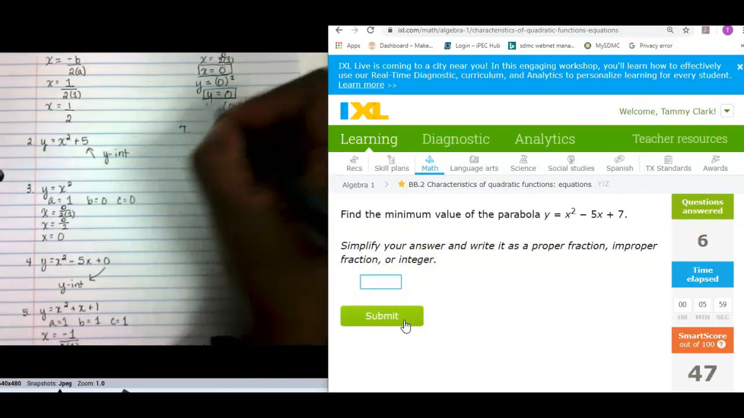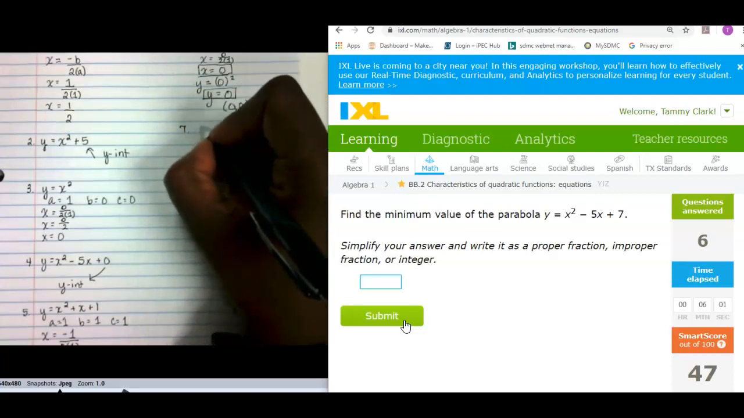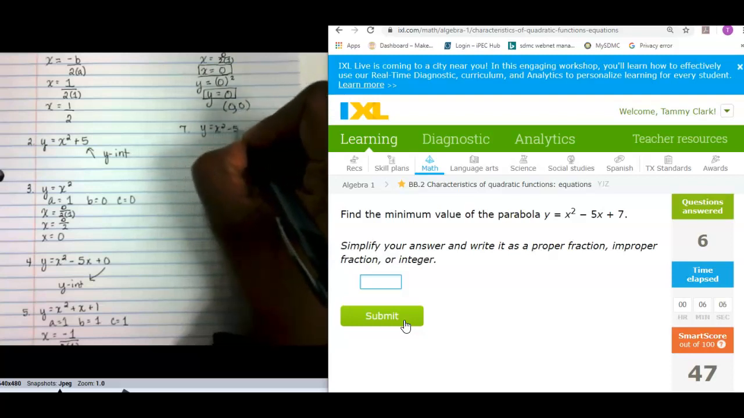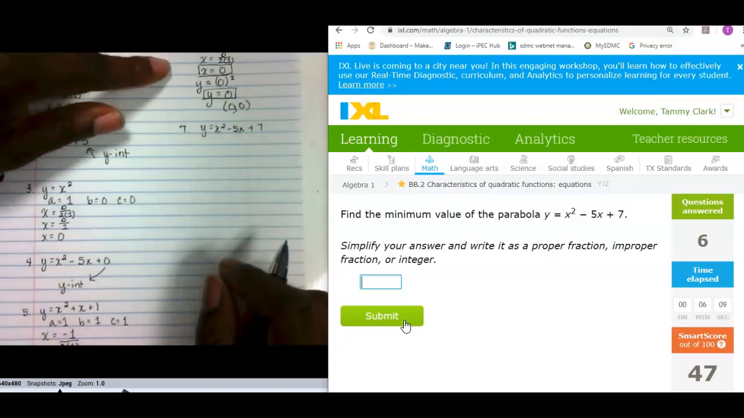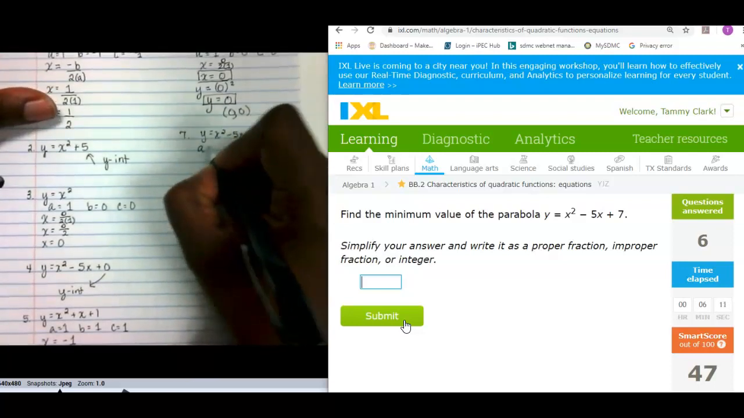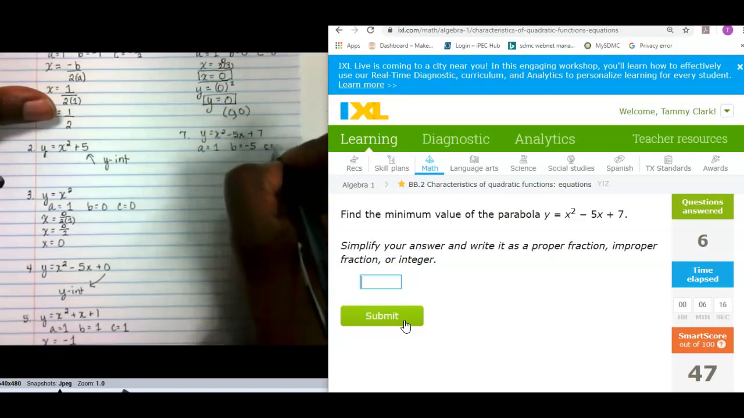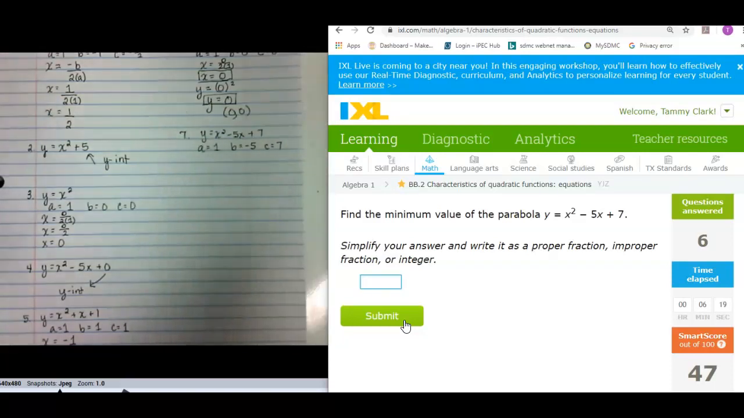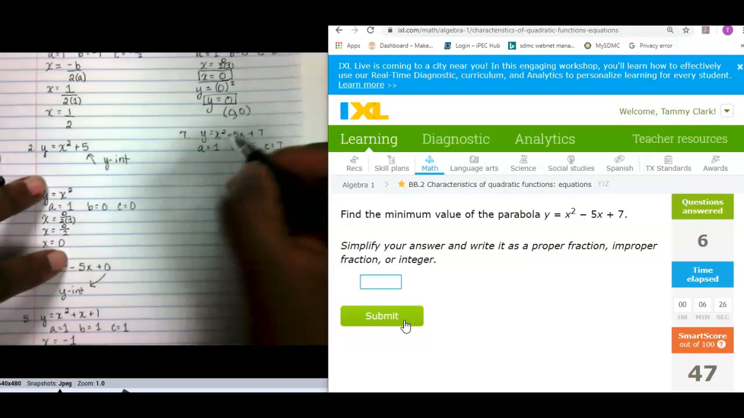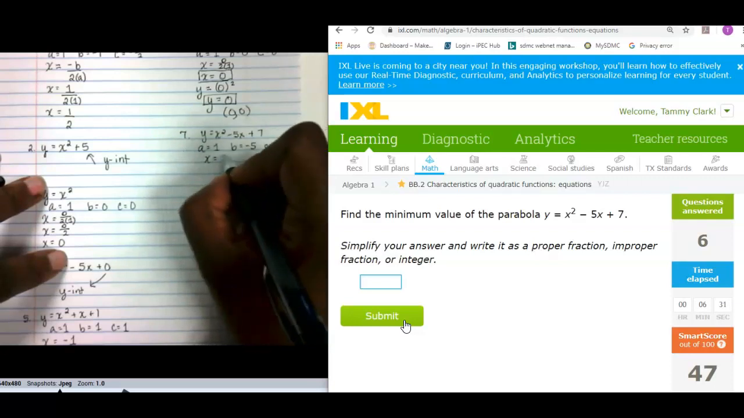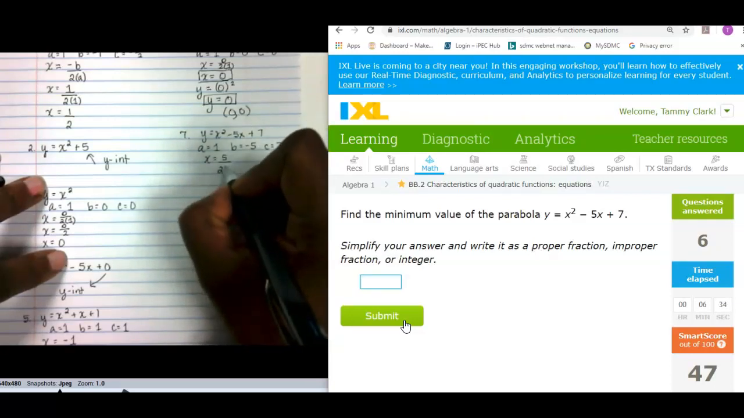Number 7, find the minimum value of the parabola y is equal to x squared minus 5x plus 7. We're going to do exactly what we did before. So A is equal to 1, B is equal to negative 5, and C is equal to 7. Well, in order to find the minimum value, we need the lowest value, meaning the second part of the ordered pair. So x is equal to the opposite of negative 5, which is 5, divided by 2 times the a